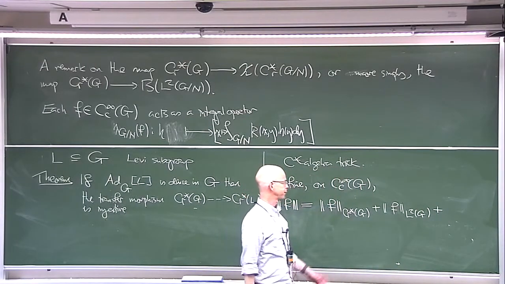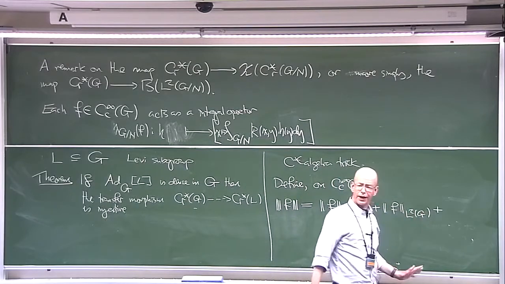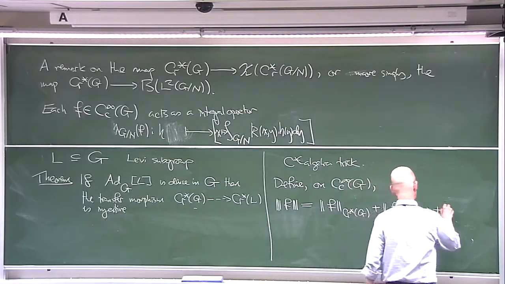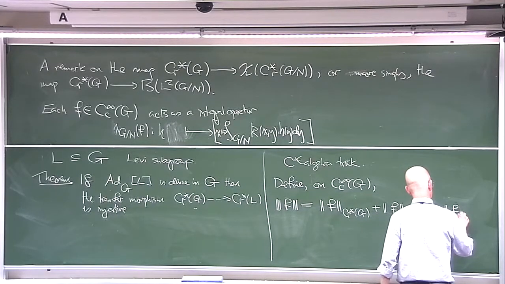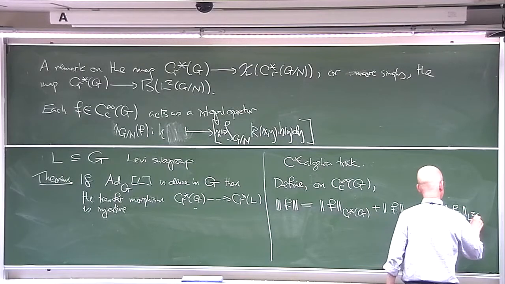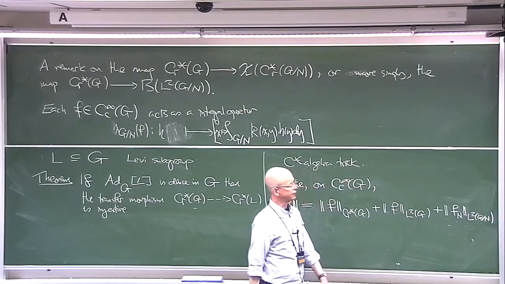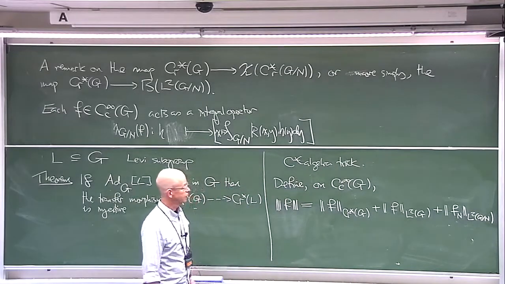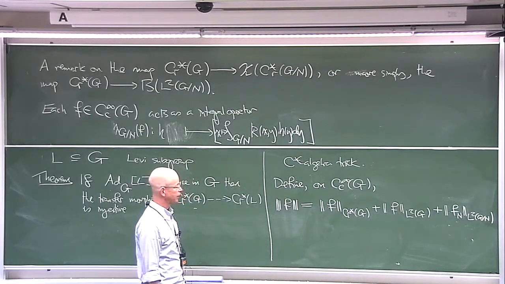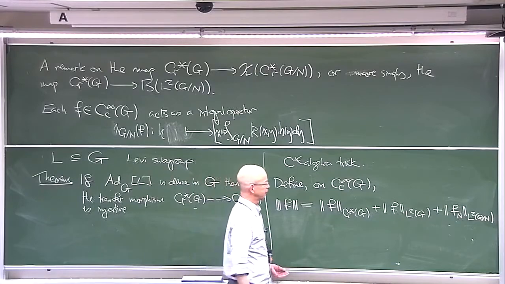And maybe, in fact, what I'll want to do is take F and integrate it over N to make it a function. Let's call it F sub N in L2 of G mod N. So what F sub N means is I integrate over N cosets in order to get a function which is in L2 of G mod N. It's invariant under right multiplication by N. And what else? Well,